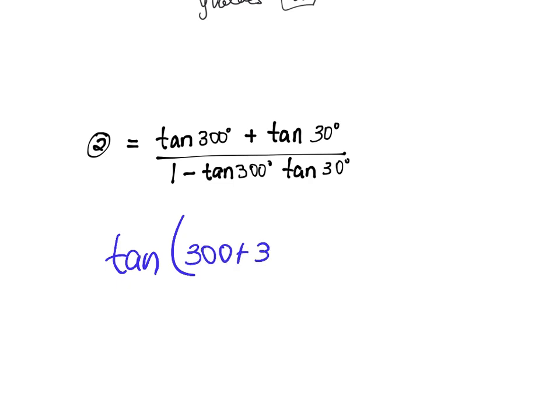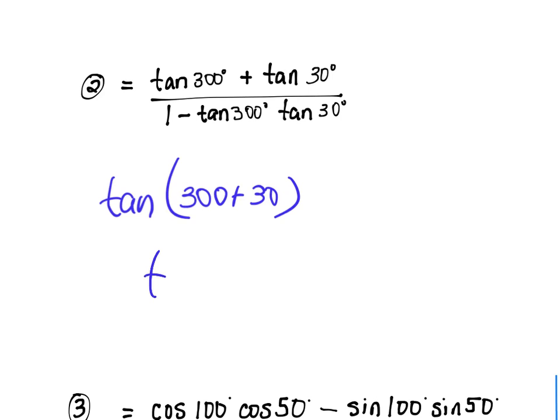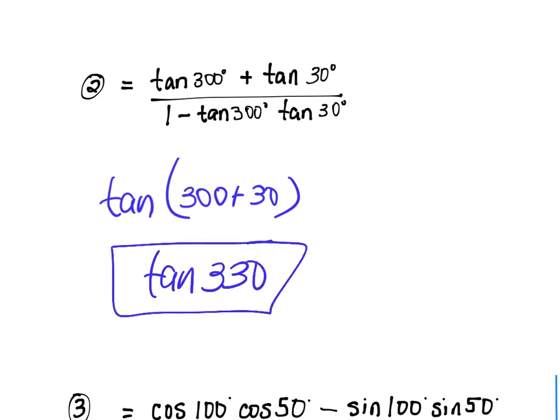300 plus 30, which simplifies to the tangent of 330. Does everybody understand it? That's the first part of this question. Now, what's the exact value for the tangent of 330? Well, what's the ordered pair at 330? Radical 3 over 2,